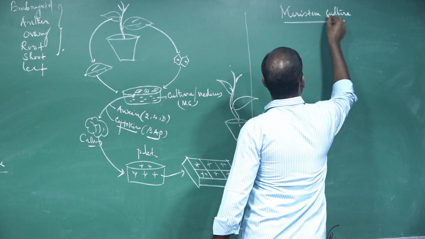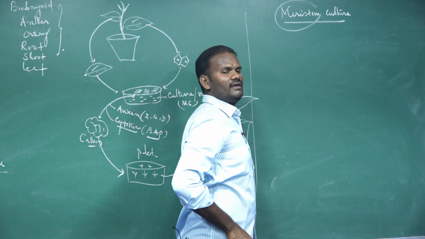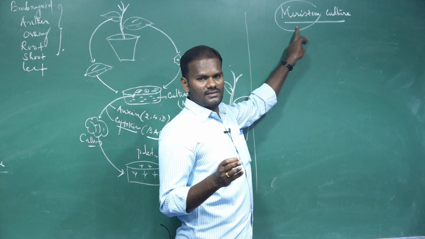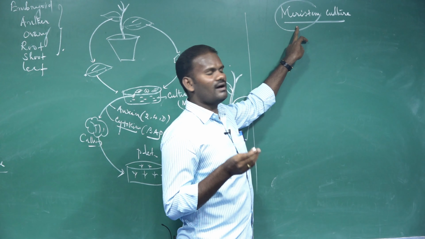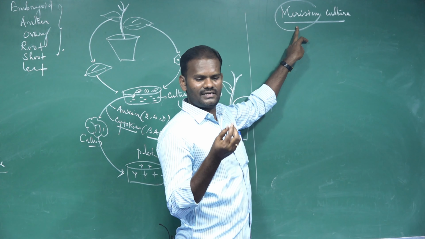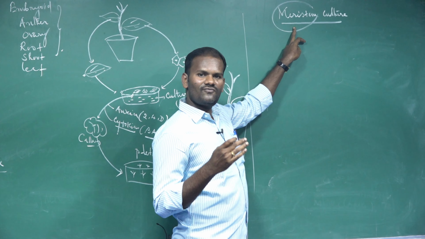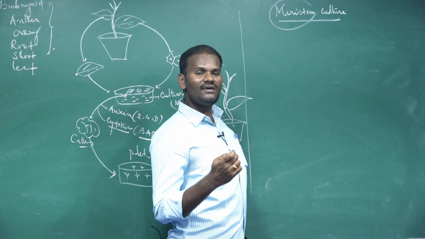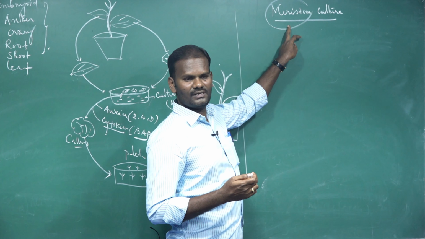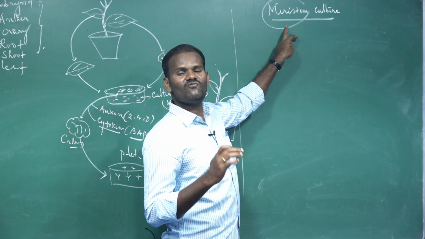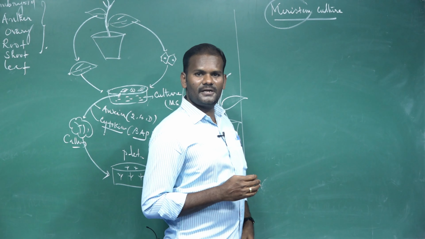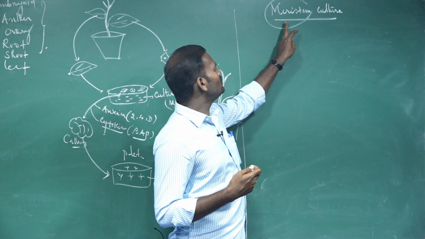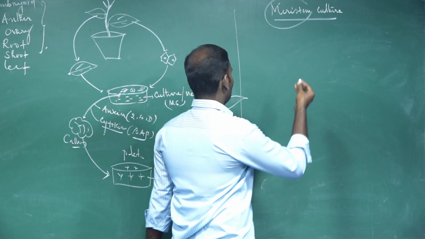The second one is meristem culture. You know what meristem is? It is the actual growing point of the plant body. The word meristem means divisible. It has a high concentration of auxin, at the shoot tip. Due to the presence of a high concentration of auxin, rapid cell division also takes place in the tip of the meristematic cells. Such a cell is free from virus. So the question is, how does a plant raised through shoot apical meristem culture become free from virus?